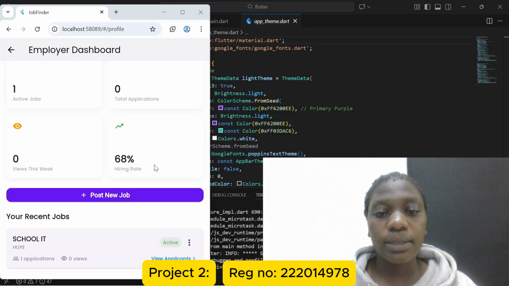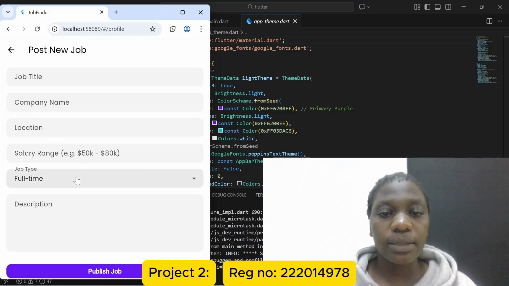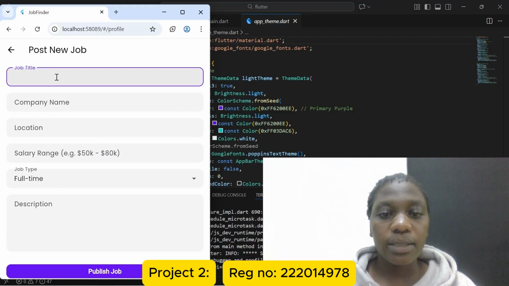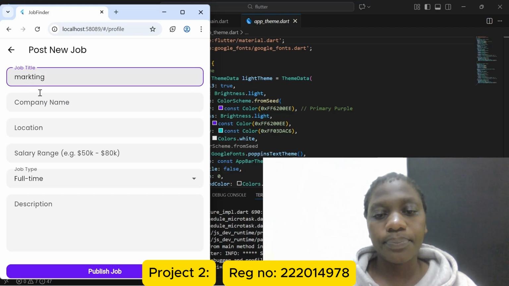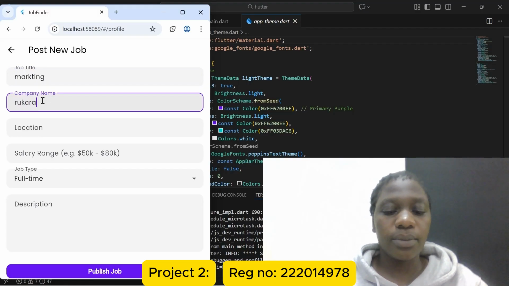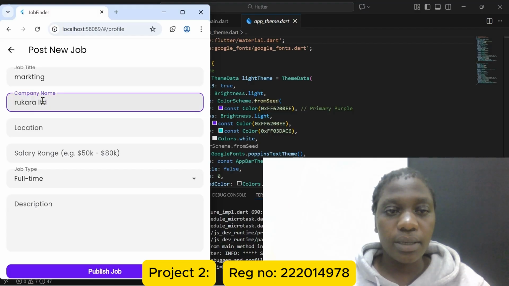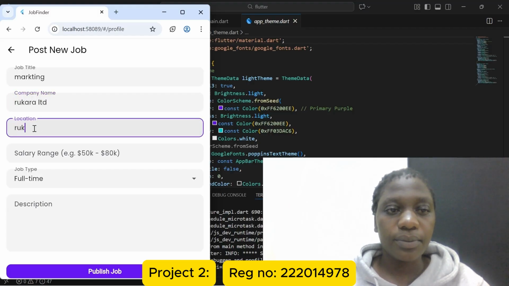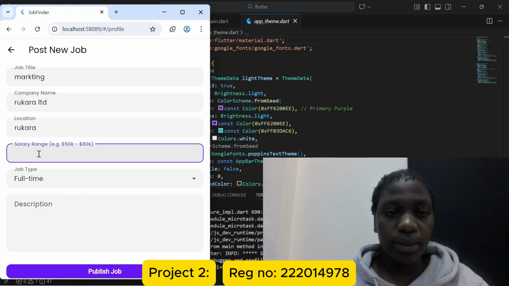An admin can post a new job by clicking on this button called post new job. Once he clicks on it, he gets this form to be filled. Let's start with job title, which is called marketing. Company name Rukara Limited. Location Rukara. Salary